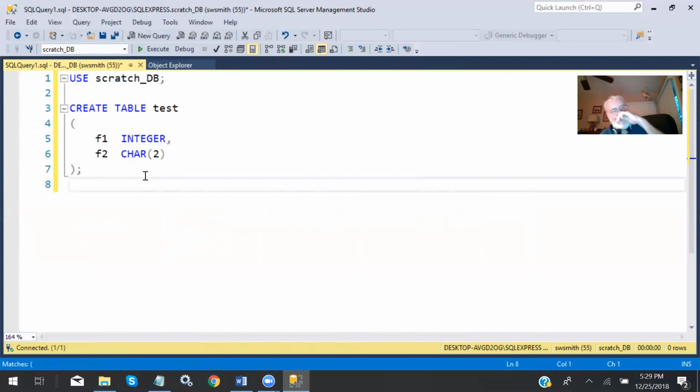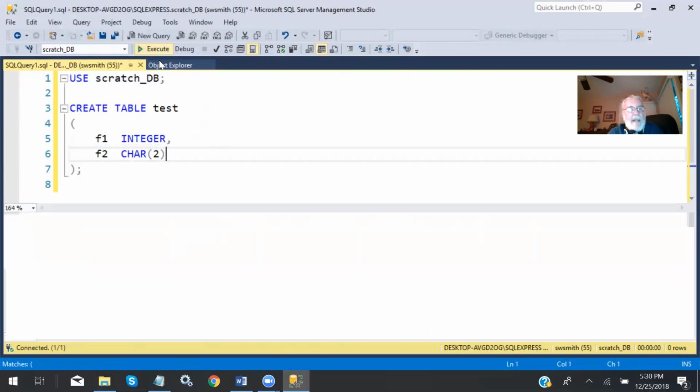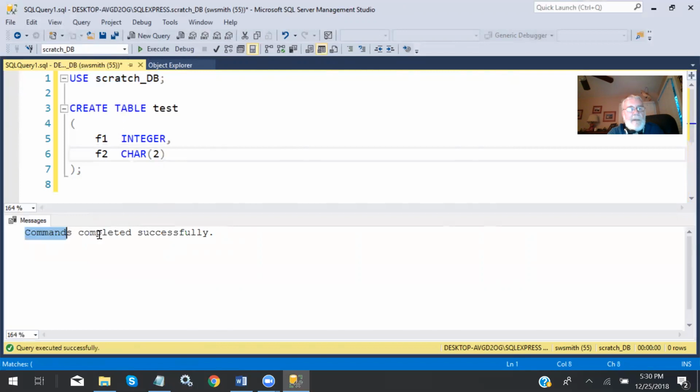This is my first SQL program that we have written for this class, and I am now going to create this table that says test. In this query window, you'll find that you can highlight things and run just that little piece of it, or you can run the whole thing. I'm going to run the whole thing by not selecting any part, and I'm going to say execute, and I got the message commands executed successfully, which is what I like seeing